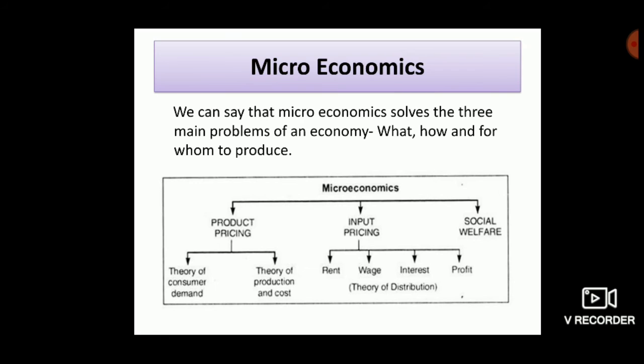The scope of microeconomics is illustrated with this graph. You are seeing this, and we can say that microeconomics solves the three main problems of an economy: what, how, and for whom to produce. The study of microeconomics is important because of the following reasons: